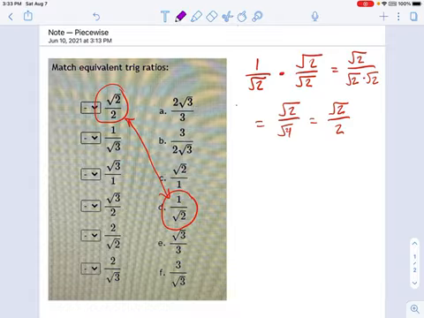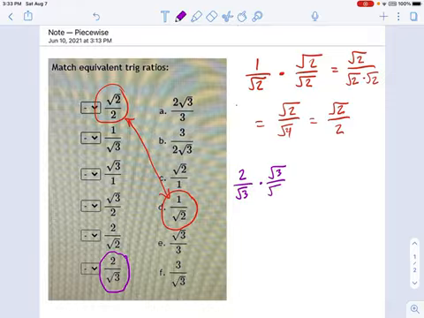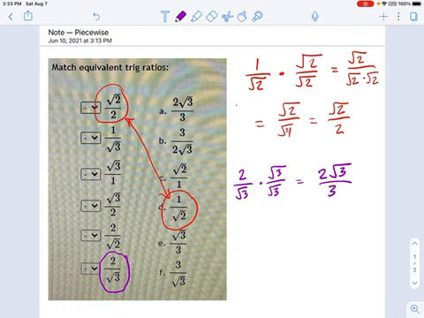And it takes some practice before you can do it very, very fast, but I think we can try another one here. I like this guy. This is an interesting one. 2 over square root of 3. Well, if I multiply that by a crazy 1, that's square root of 3 over square root of 3. This is going to be 2 square root of 3 divided by 3. Okay, and that's this guy up here.